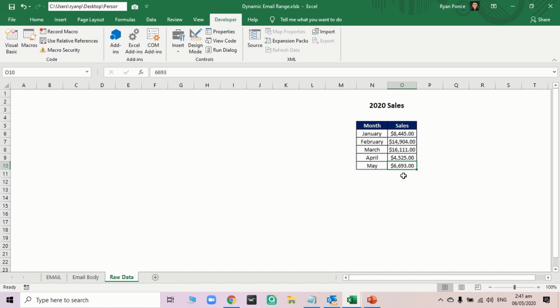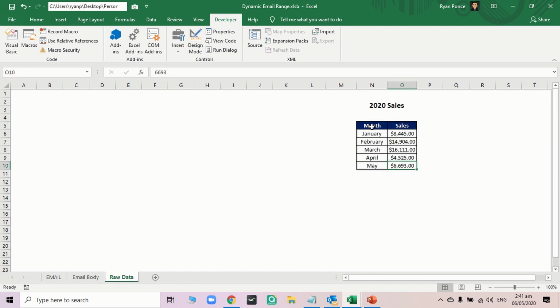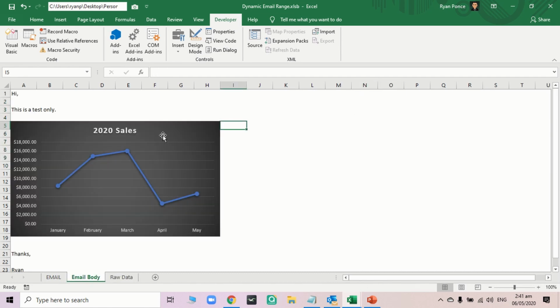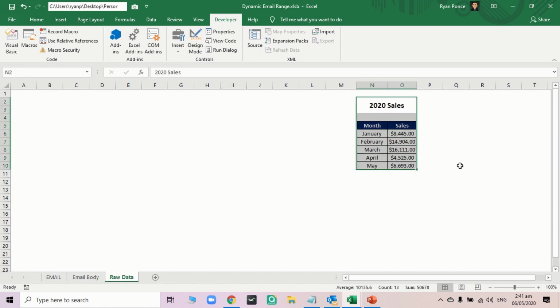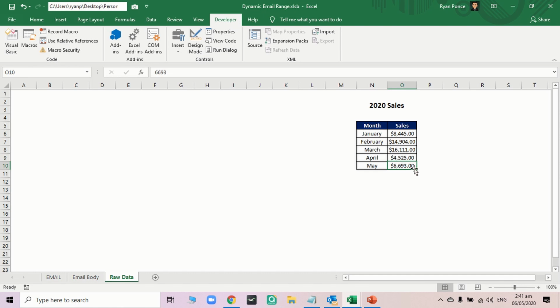So I would assume this would go up somewhere around 10,000 or up for the sales. And since the raw data is the source of that line chart, if you make some changes here on May from around 6,000 to let's say 15,000,